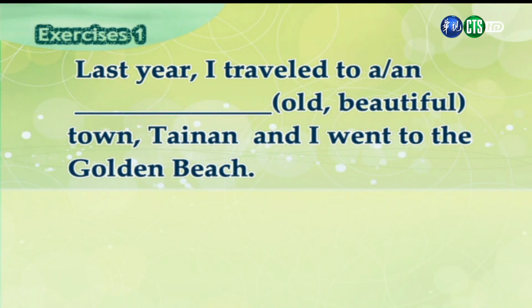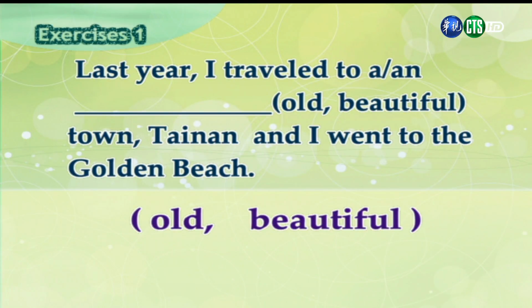好，在今天的文法练习里面，我们看到了一些句子。那这些句子的形容词并没有按照正确的顺序写出来，所以这就是我们今天要做的练习。All right, so we look at the first sentence. This is what it says. Last year, I traveled to a blank town, Tainan, and I went to the Golden Beach. 第一个句子中，我们看到他说：“去年我到了台南的一个空格的城市，并且在那去拜访了黄金沙滩。”